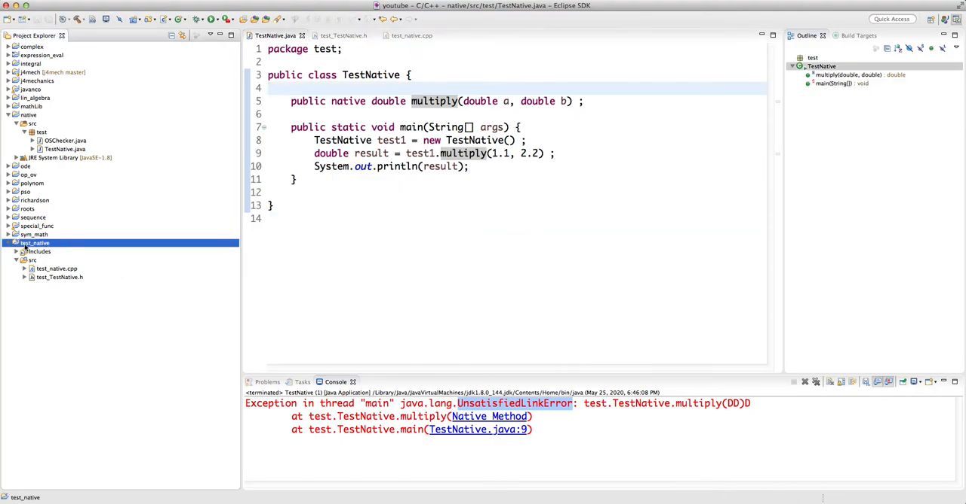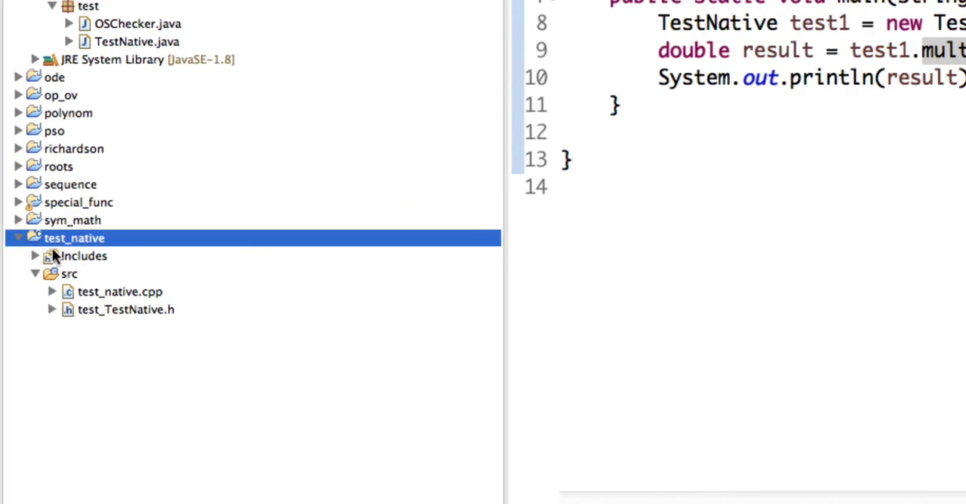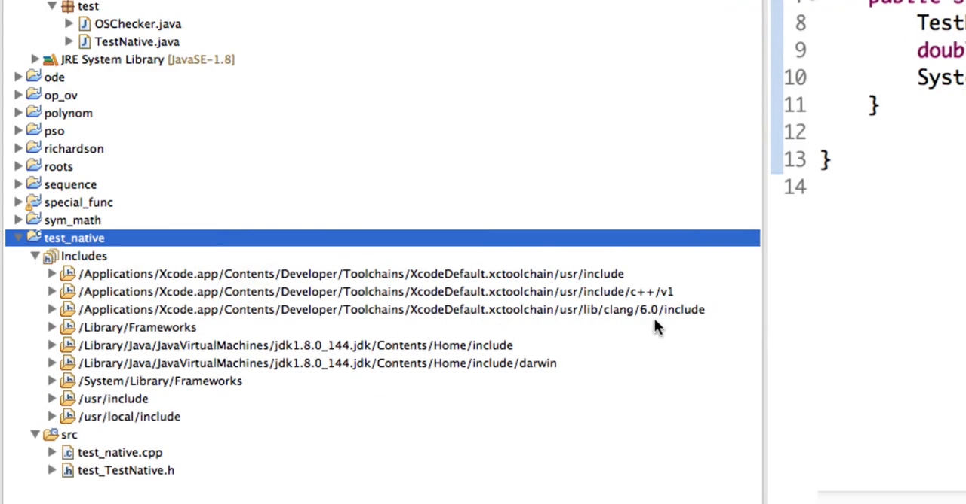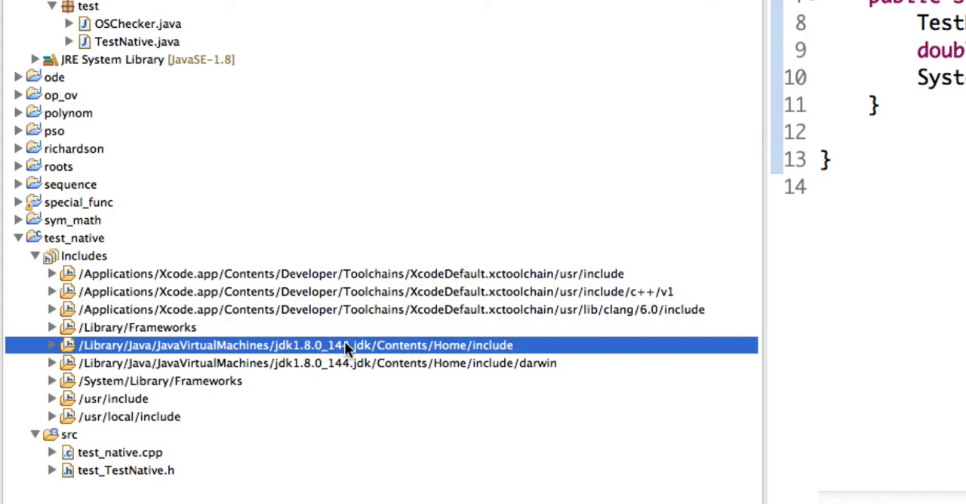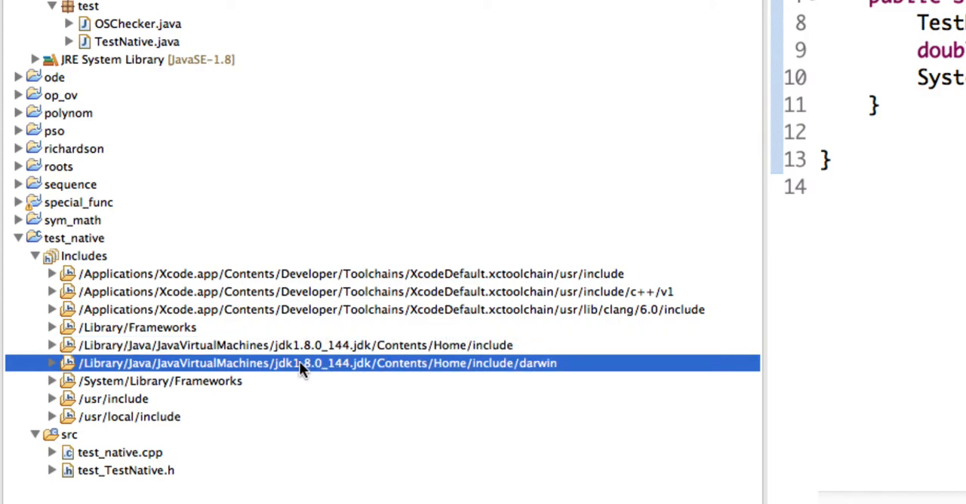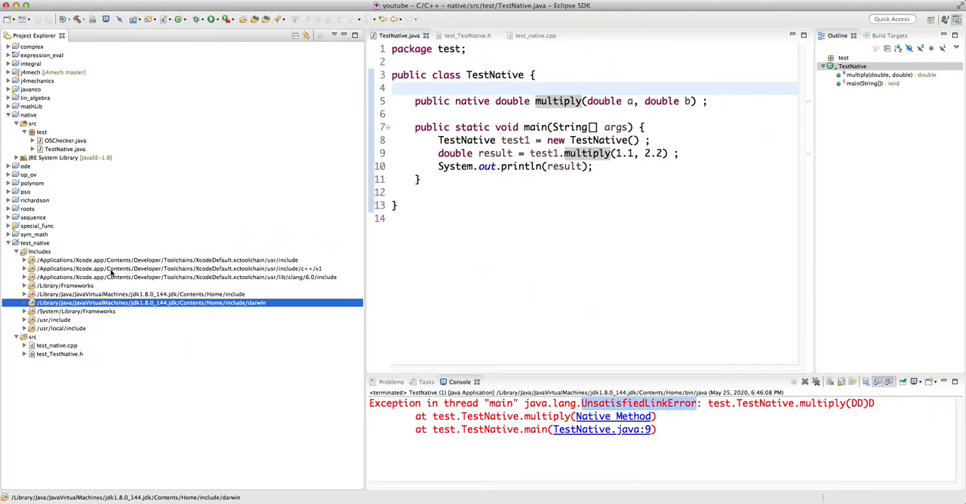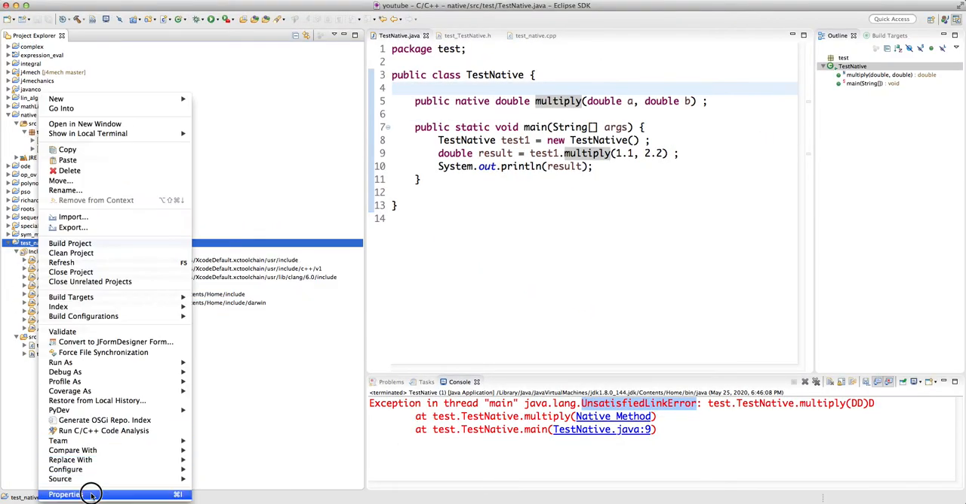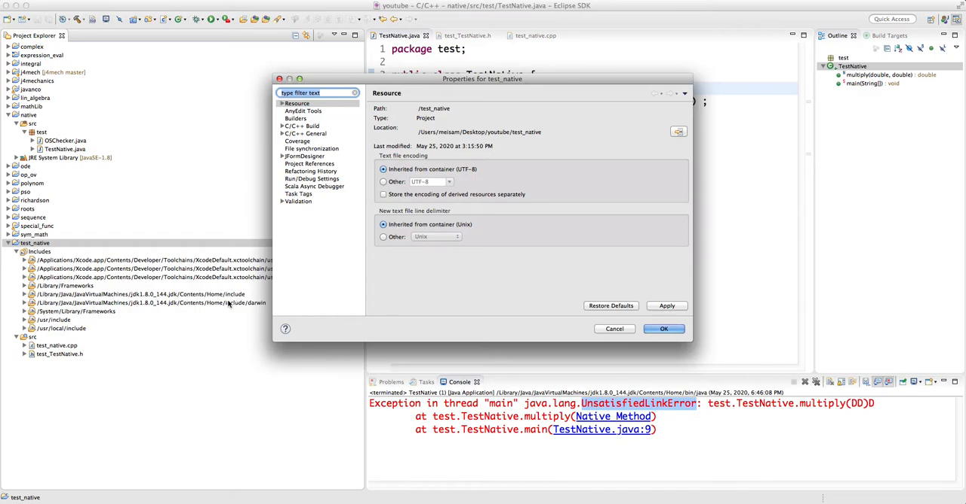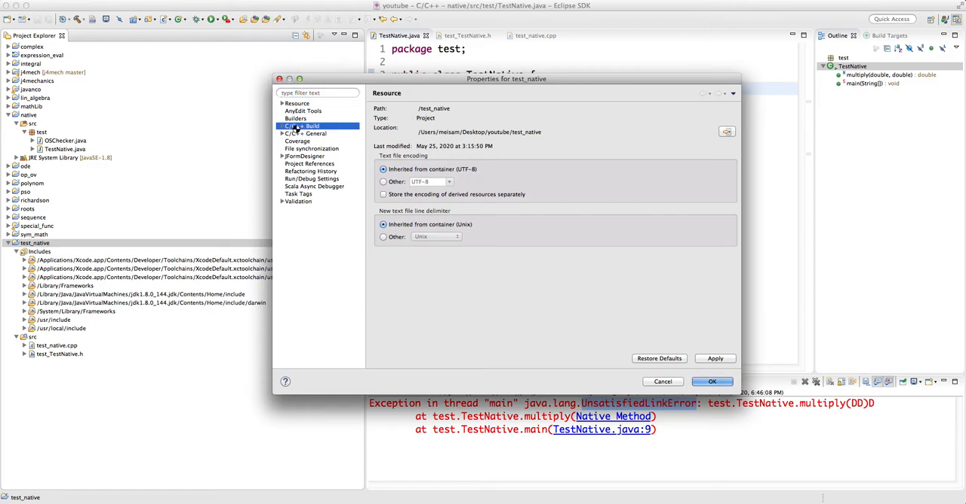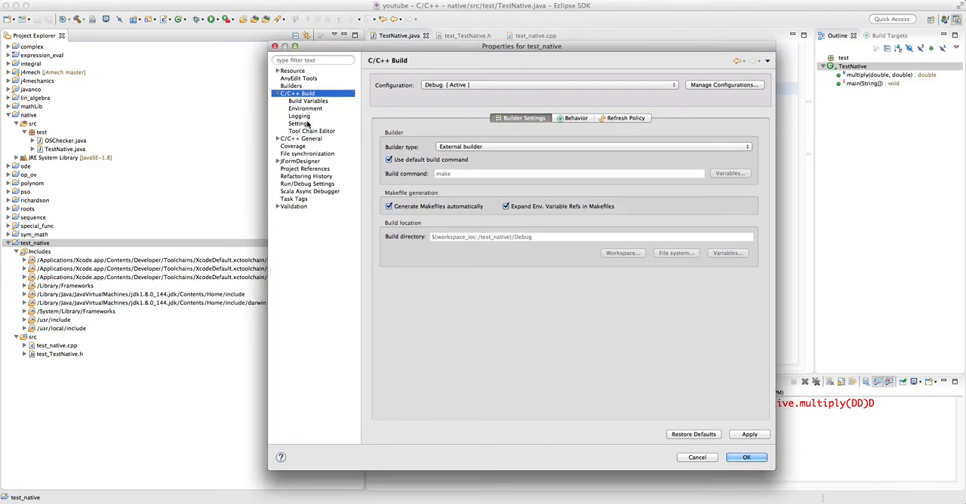This TestNative is my C project, and it has an include folder, and in the include folder you see I already have this JDK contents home include, and JDK contents home include darwin, and this darwin is the folder that has the machine dependent JNI file. Okay, and to recap, in order to add these JDK folders to the compiler include path, I went to the properties and the C++ build, and I went to settings,